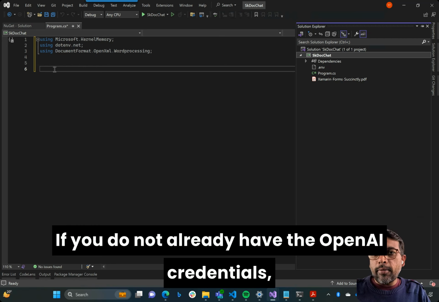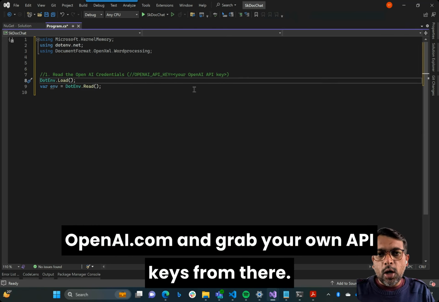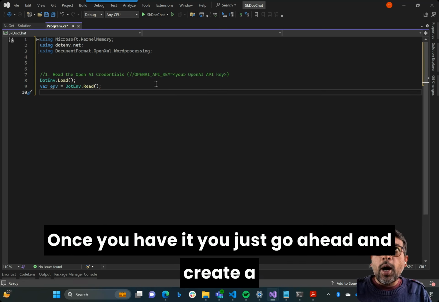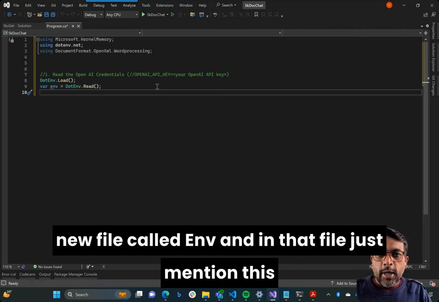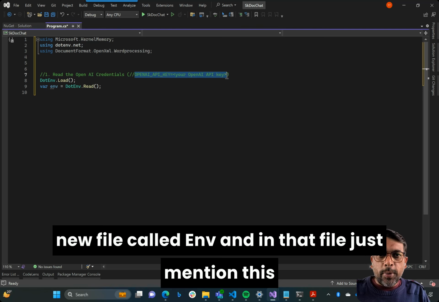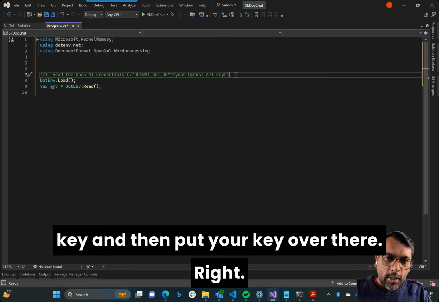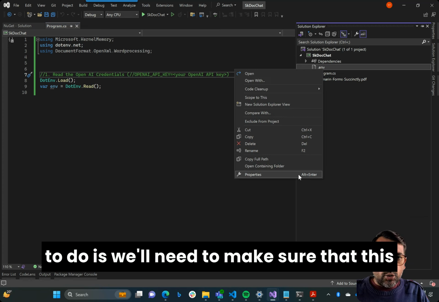If you do not already have the OpenAI credentials, I would suggest that you go ahead to platform.openai.com and grab your own API keys from there. Once you have it, you just go ahead and create a new file called .env, and in that file, just mention this OpenAI key with this text, OPENAI_API_KEY, and then put your key over there, right? Once that is done, the next thing that we need to do is we'll need to make sure